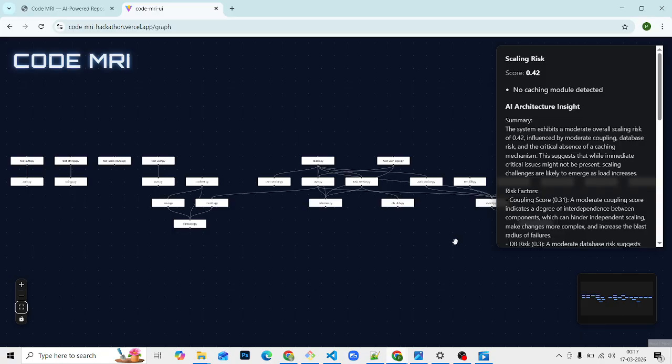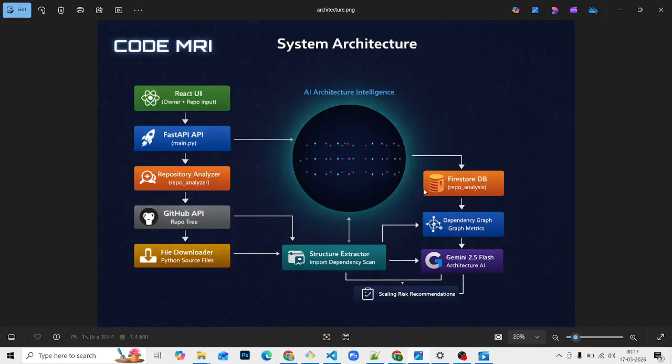Let's go to the system architecture. The system consists of a React frontend, a FastAPI backend, a repository analysis pipeline, dependency graph analysis, and Gemini-powered architecture insights. In summary, CodeMRI transforms complex repositories into clear architectural insights by combining dependency graph analysis, scaling simulations,